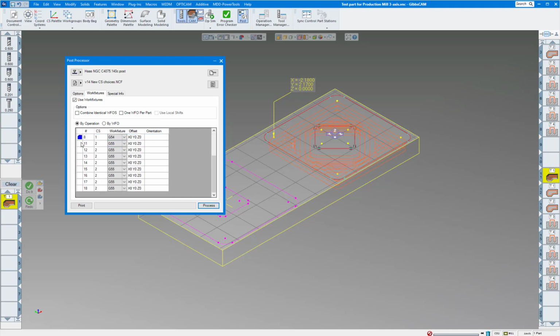But on coordinate system number 2, I want to make sure it's in G55. So here it's already set for G55, but if it wasn't, you could set that there, and then come over to here and right click, and a couple other items come back here. You have revert, which will bring these all operations within this CS, or you can apply work fixture offsets, all operations with this CS. So that is normally what I choose, and you'll see all these pop to G55 now. So when I process this,